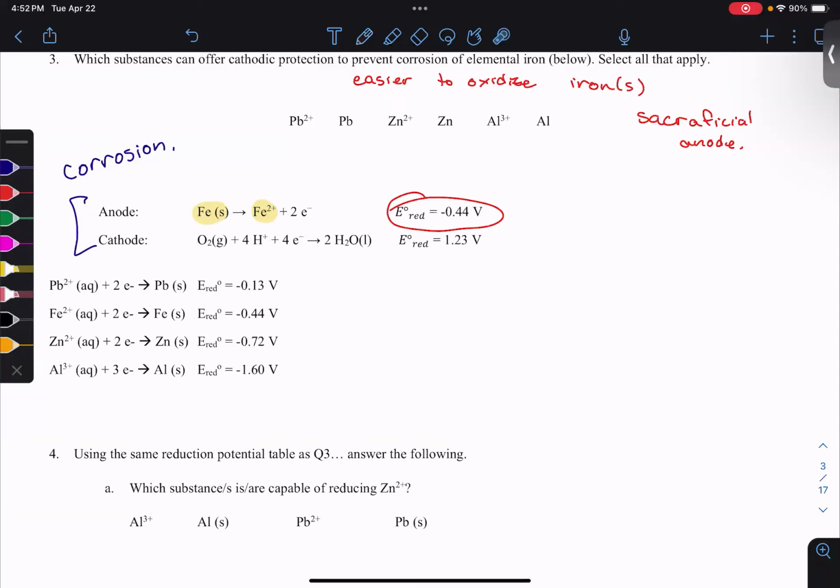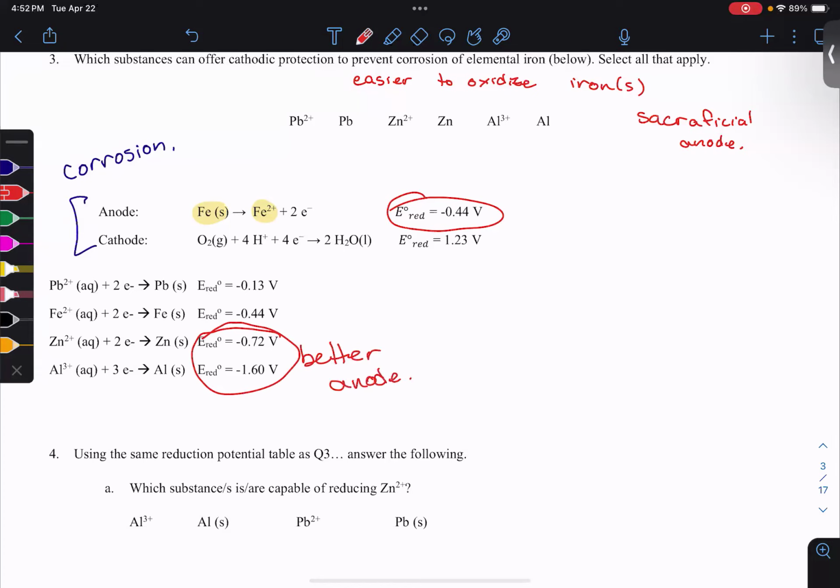So notice the reduction potential of iron is negative 0.44 volts. If we want to look for a better anode, something that is easier to oxidize, what kind of reduction potential are we going to look for? A reduction potential that's more positive or more negative than iron? More negative, because we know that very negative reduction potentials make really good anodes. So I hope you recognize, we're going to focus on these. They are better